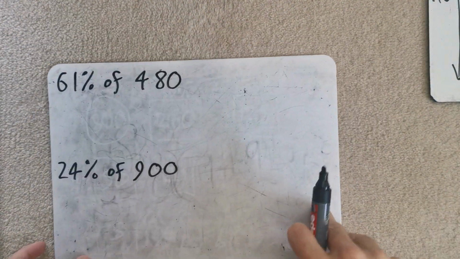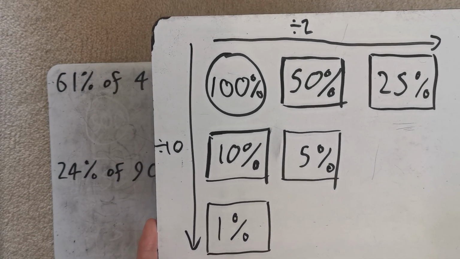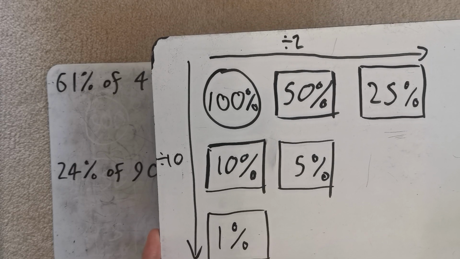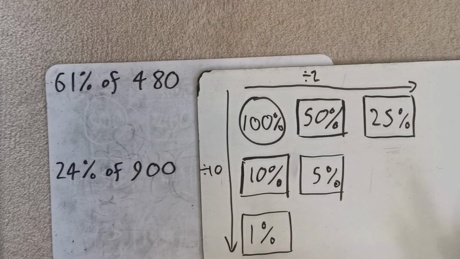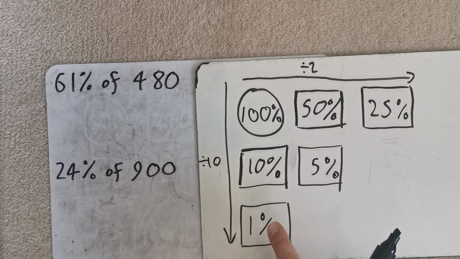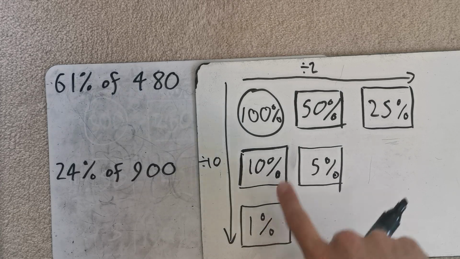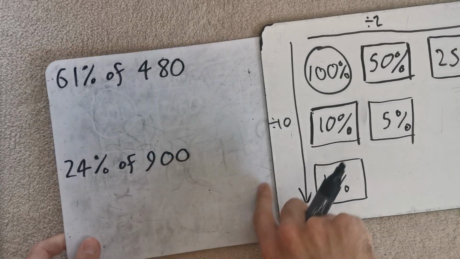Okay, right, 61%. What building blocks can we use this time? Have a think. What can we use to make 61%? There is more than one correct answer. Okay, you could do 6 lots of 10% and 1%. You could do 50%, 10%, and 1% as well. I think that's the easiest way of doing it. Okay, so let's have a go at that. Right,